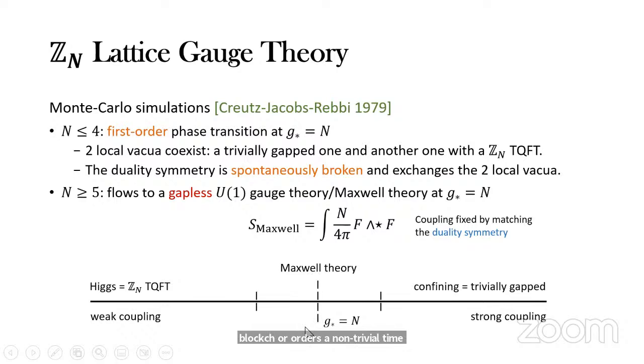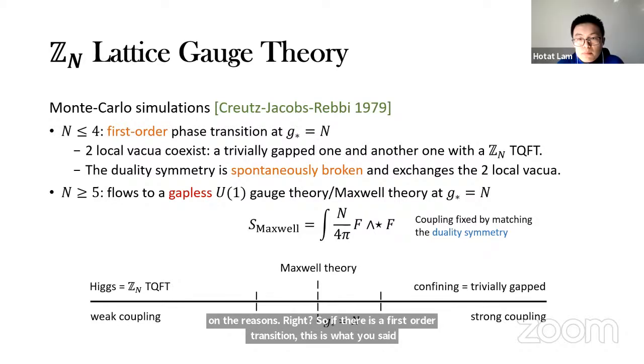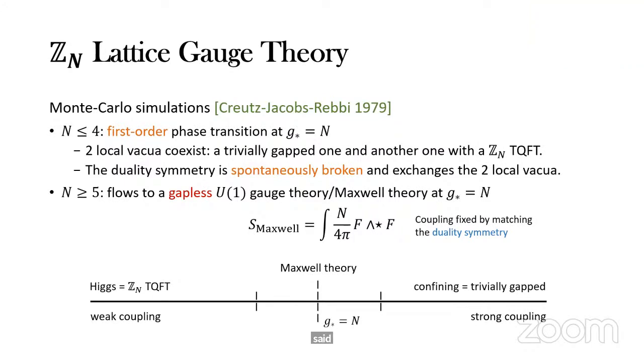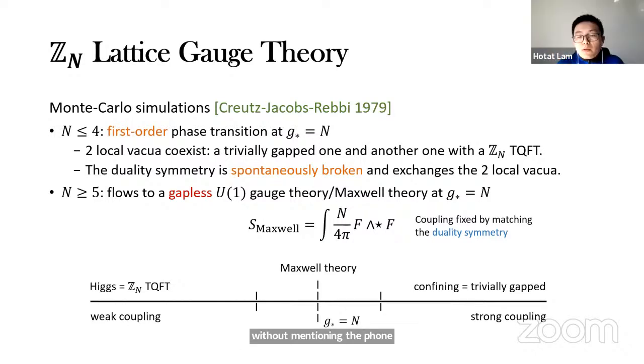That's almost guaranteed, because either there is a phase transition at g star or there isn't, right? If there is a first order transition, this is what you said. Correct. And if not, it has to be self-dual. That's already clear from the lattice without mentioning the formalism. Correct. One possible phase structure is, for example, a Higgs phase at weak coupling and a confining phase at strong coupling, but in the intermediate region, it's not the Maxwell theory but, for example, some self-dual TQFT. Purely analytically, that's possible. But of course, intuitively, we don't expect that to happen.